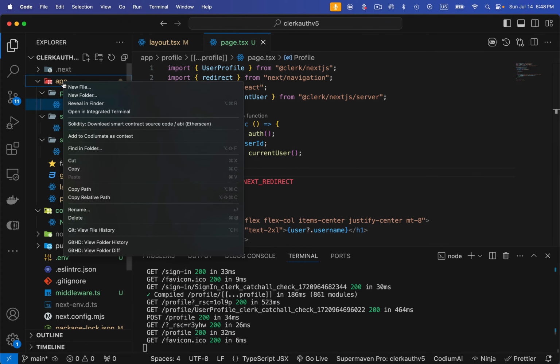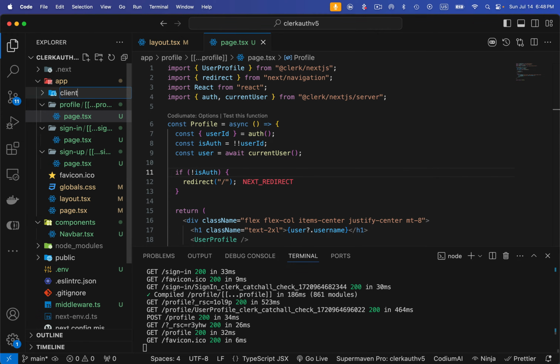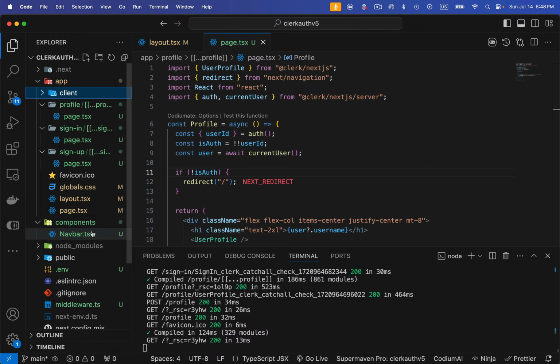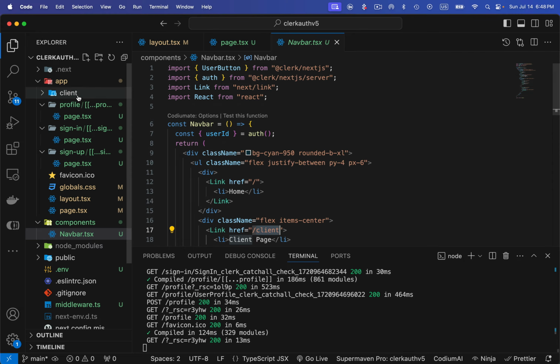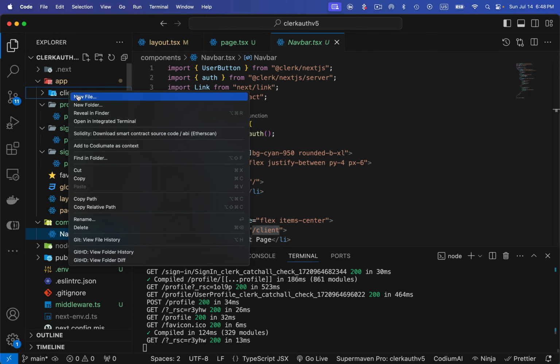All right. So let's create a new folder. I'm going to name it client, and the folder name, again, let me explain to you. This is something which I need to write over here. So this is referring to the folder name. Whatever we write in the folder name becomes part of the URL. Okay. So let's create a new file,